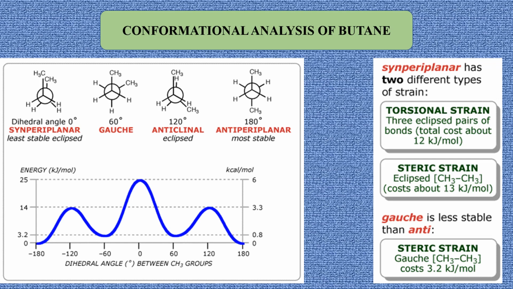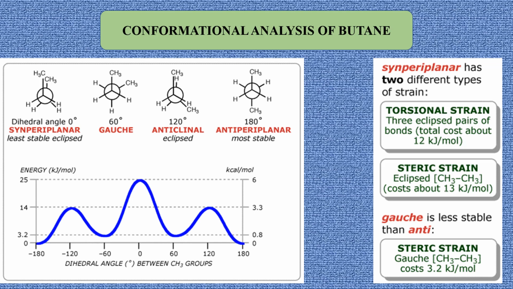And here the CH-CH bond repulsion is there, then CH-CC bond repulsion, CH-CC bond repulsion are there. The CH-CH repulsion increases the energy by 4 kilojoules, and these eclipsing interactions together increase the energy of the molecule by 10 kilojoules. So 10 plus 4. So this anticlinal eclipsed conformer has 14 kilojoules of energy higher than the anti-periplanar conformation.